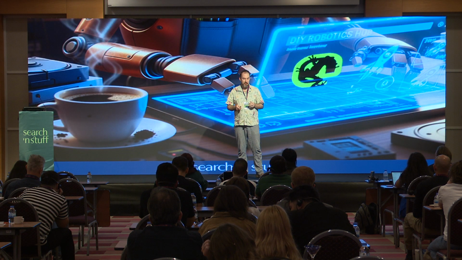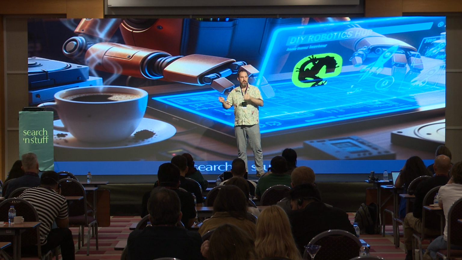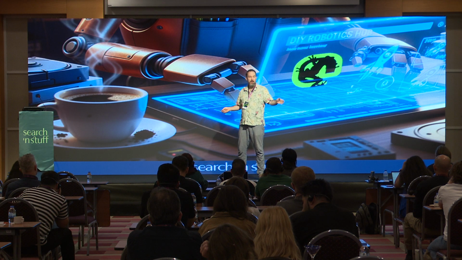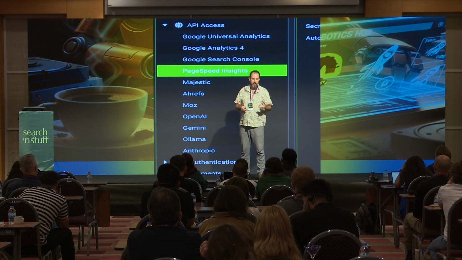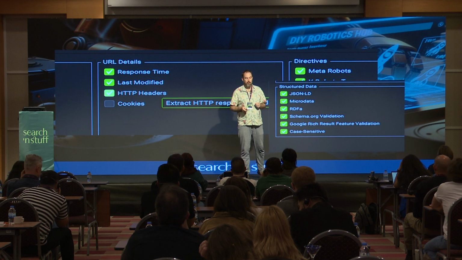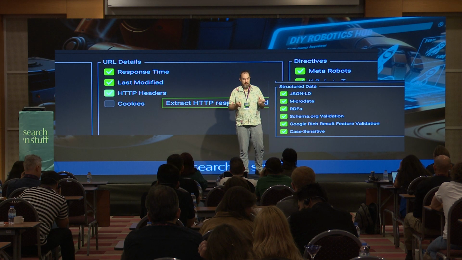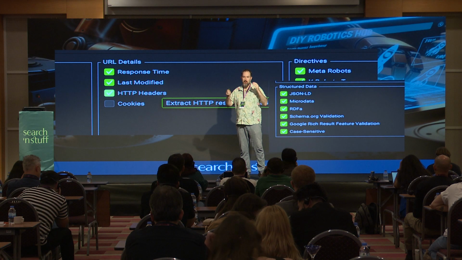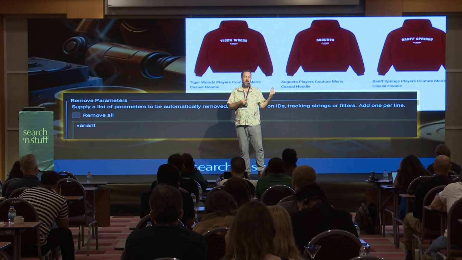And the reason I'm doing this is then when I load up Screaming Frog, I can start to look for all these specific things or hide certain things. So for instance, that variant issue, I know about that, so I can go, right, I'll sort something out. You can also pull in loads of extra information, like the PageSpeed Insights. You can look for the extra headers, like the JSON-LD. Make sure all of this stuff is there when you're doing the audit, because this stuff is absolutely vital when you're giving them the output.